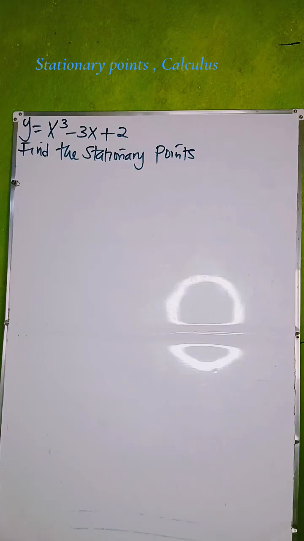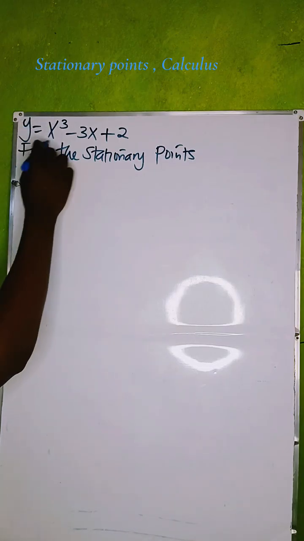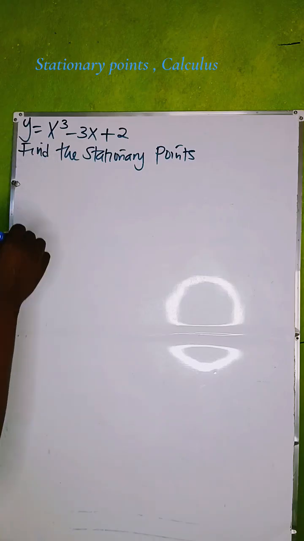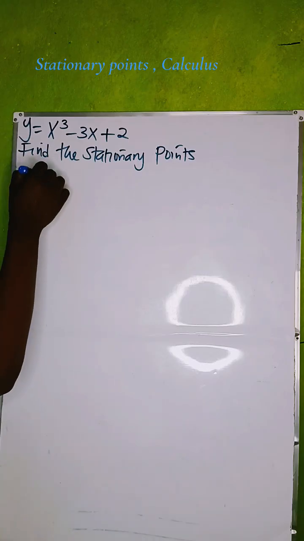So we are going to start by finding the dy dx. We differentiate the function that we are given. So we have x cubed minus 3x plus 2. So what is the derivative of this? So the derivative dy over